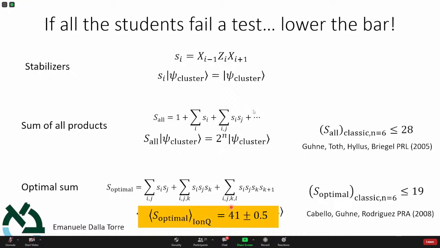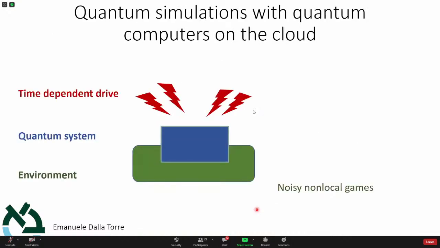The problem here is that it's not easy to extend it to many qubits. The beauty of the non-local game, the triangle game, is that you can easily extend it to many, many players. Here, in contrast, you cannot. So there is an interplay between, on the one hand, how many measurements you need to perform. Here we need 55 measurements, while in that case it was only 8. And if you increase the number of qubits, you need more and more measurements, so it becomes harder and harder. But on the other hand, it's easier in terms of precision. So there is an interplay between how many measurements you perform and how much precision you need. These are things that we are now studying.